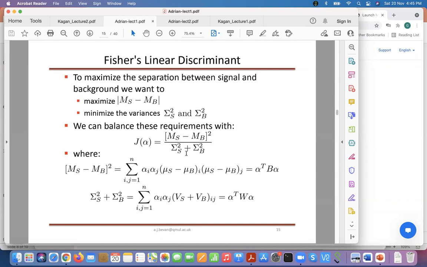And the second thing you want is that the so-called variance should be as small as it can be. Like that effective Gaussian, if both of them became two Dirac deltas, that would be the best, right? But obviously you will not find two Dirac delta distributions. There will be Gaussians, or something like that, and there will be overlap. So you want to minimize the overlap between the signal and background, and the way you do that, the means should be as far away as they possibly could be, and also the variance for each should be as tiny and narrow as possible.